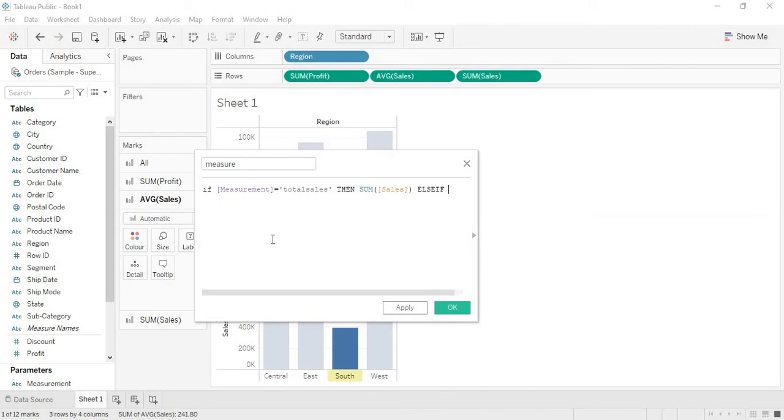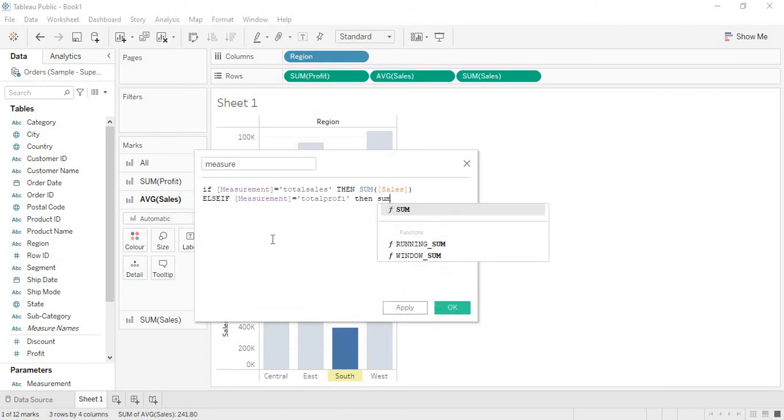And else if the measurement is total profit, then we want to show the sum of profit.